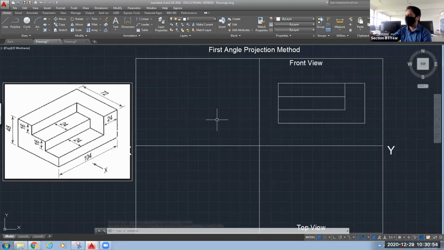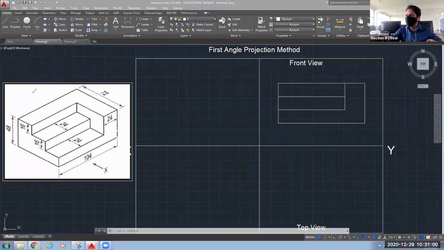Now we will draw the top view. So in top view, what are the faces we will be able to see? We will be able to see this top L surface. Let me hatch this. When we are looking at this object from the top, we will be able to see these three faces. Any other faces? Can you see that? No, you will not be able to see any other faces.